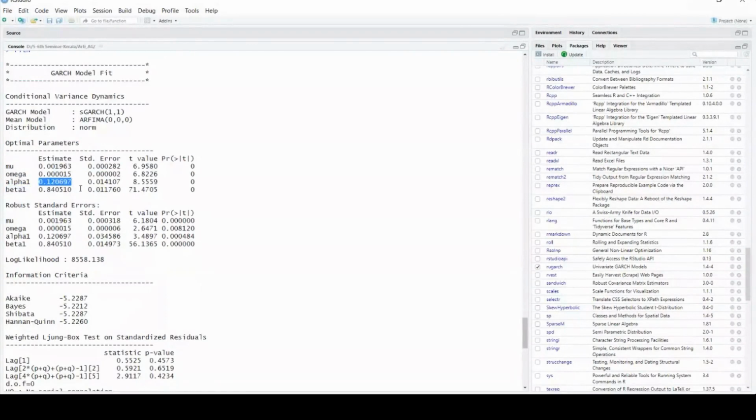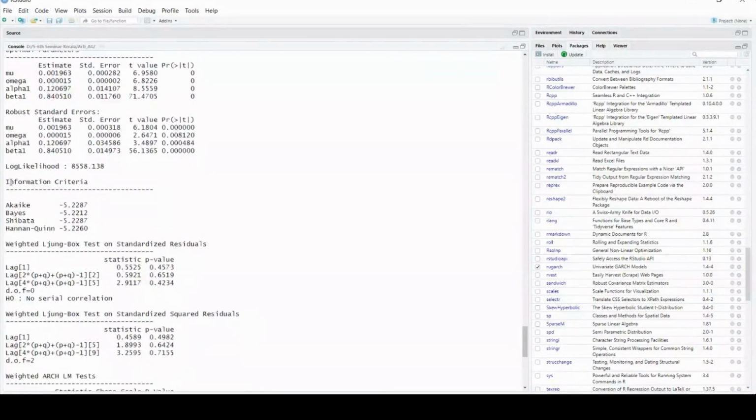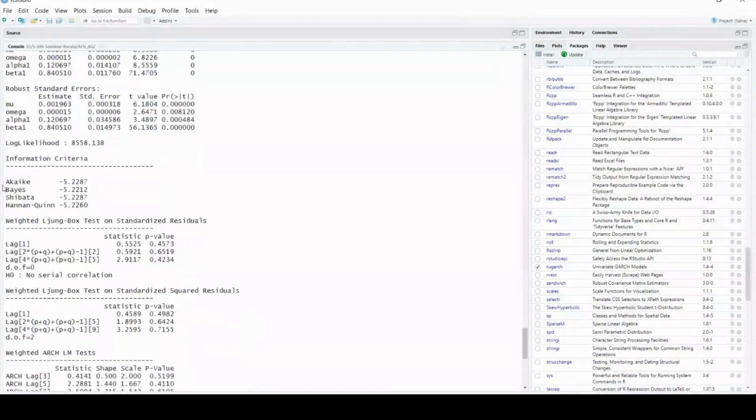Now, the next important thing we need to see is the information criteria. There are a number of information criteria like Akaike, Bayes, and Shibata. When we are running a number of models, sometimes you come across a research paper which says they have run a number of GARCH models, but they wanted to select which one is the good fit. So they also look into the information criteria, and whichever model has the lowest information criteria value, that model is much preferred in comparison to the other models. Okay, so this is the other important thing.